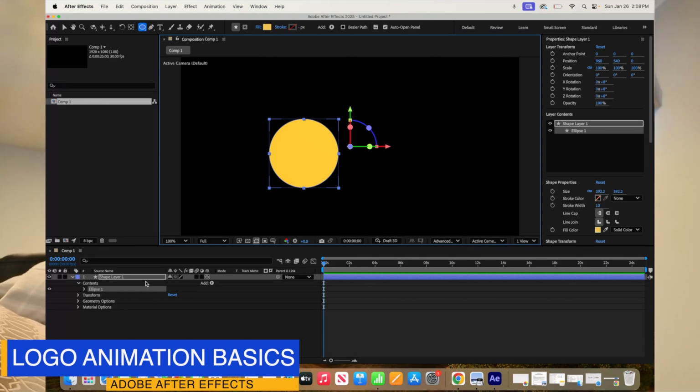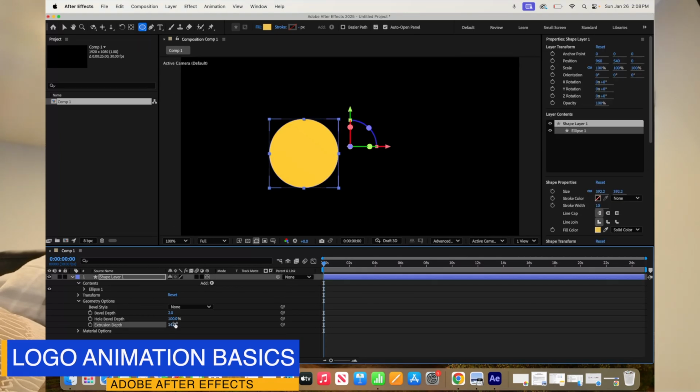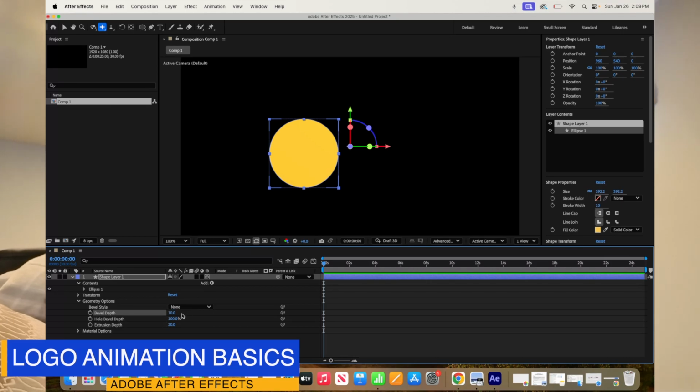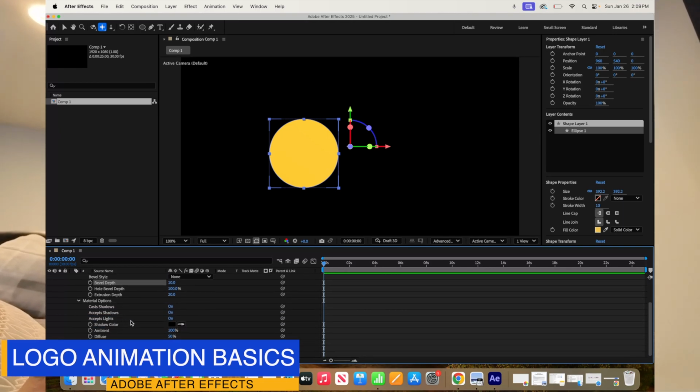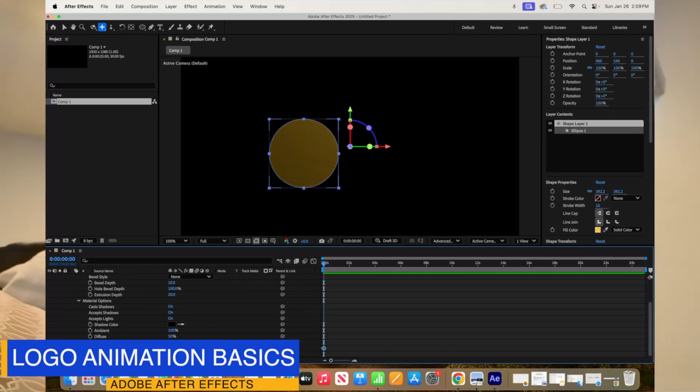All right, so once that's selected, we want to come back to the timeline panel. We want to come down to the geometry options. We want to set the extrusion depth to 20. We want to set the bevel depth to 10. All right, and then we want to come down to the material options and turn up specular shininess to 100%. Okay. All right, and then once that is done,